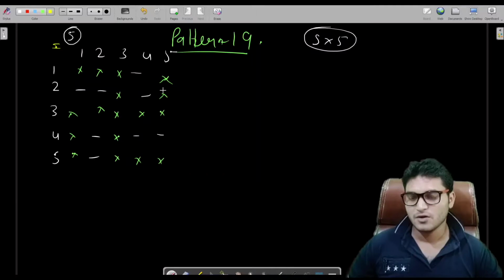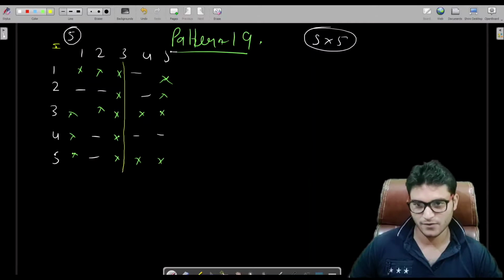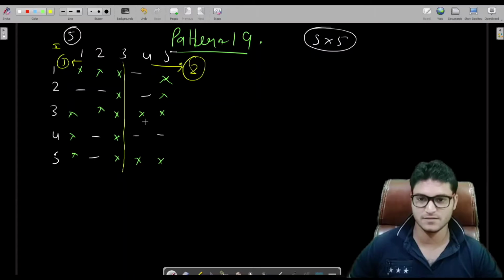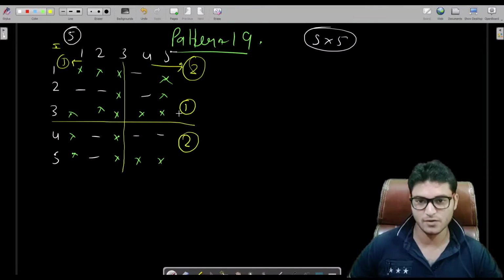Okay, so now we have to print stars. This is the first half for columns, and this is the second half for the column section, and this is also the first half and the second half for the row section. So this would be the row section first half, and this would be the column section first half.